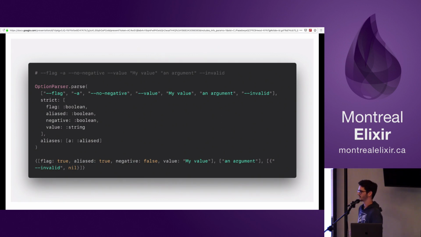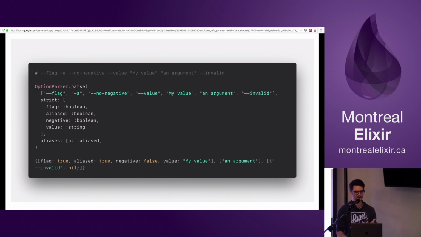So you can provide options that do not match the type. So I can have a flag that has a value, and it will match anyway. You can have some options that are not required at all to be present in the tuple. So you can have a lot of things that help you to handle options in the CLI.